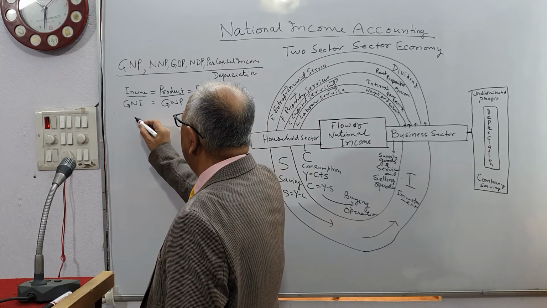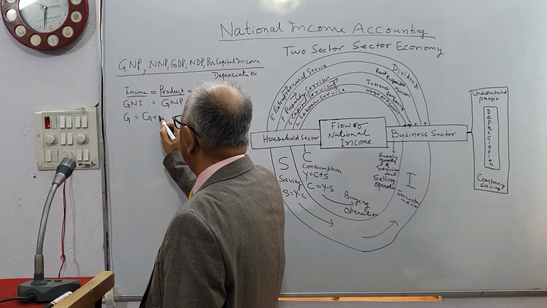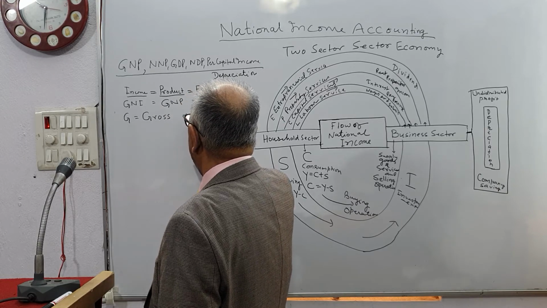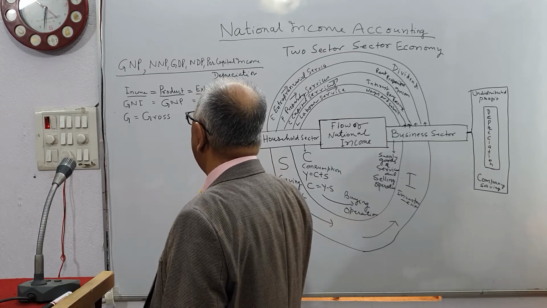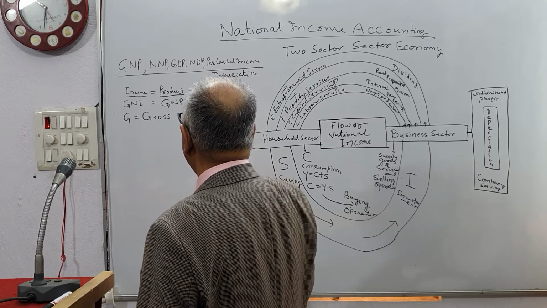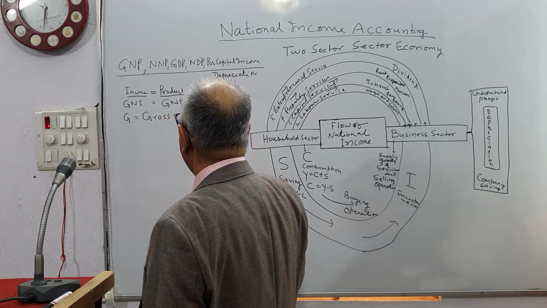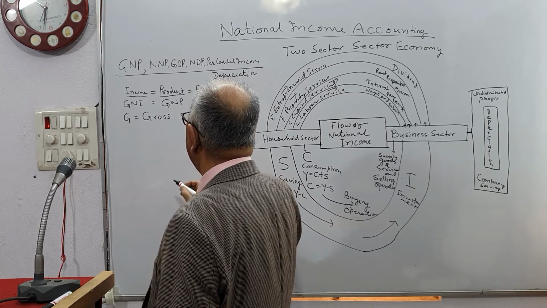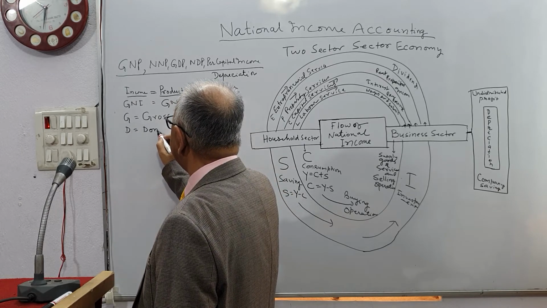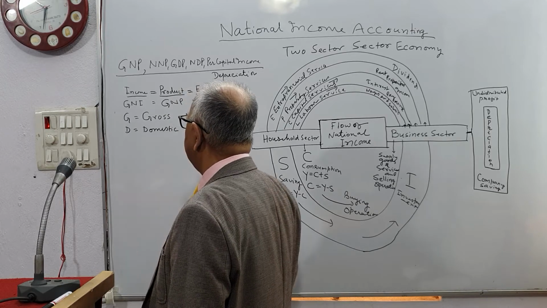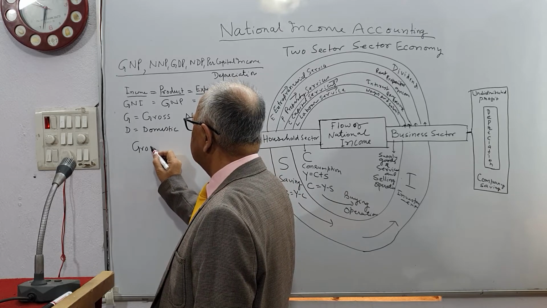G stands for gross. And N stands for net. This is always the first term. First term, gross, is found everywhere. First term, net will be found everywhere. And then D stands for domestic. So when we write gross